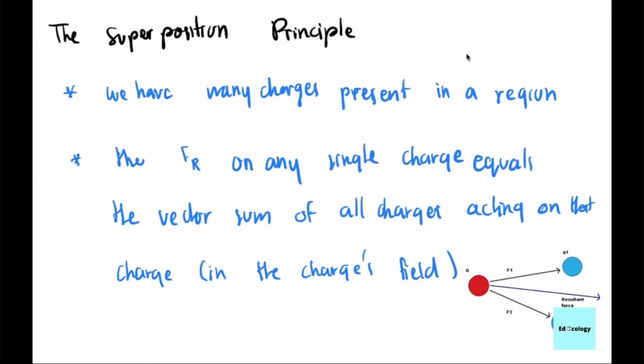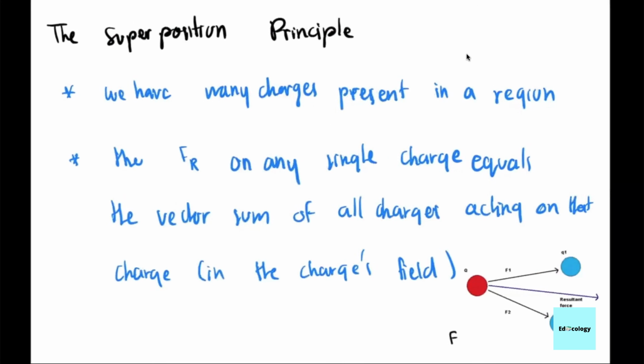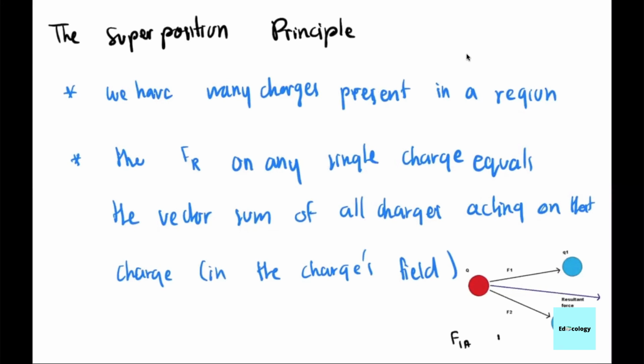So you have to find F1A and F2A, meaning the force acting by Q1 on point A and the force acting by Q2 on point A. And when you find these forces, you then go on by finding the components and all that, and we'll talk about that later when we solve an example